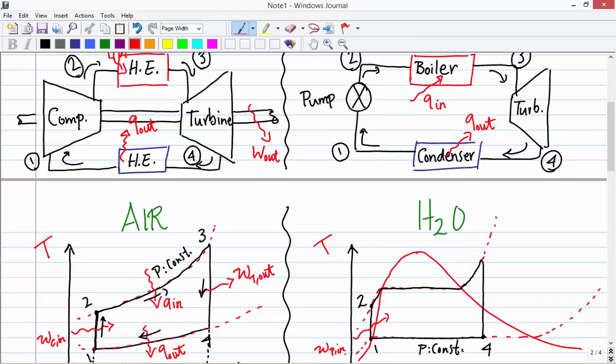Pressure would be constant because it's a phase change process, and all the changes would be in temperature. Temperature is increasing. So from point one on this black curve, we go here. Pressure is still constant because it's phase change. In the boiler, you are boiling. Keep in mind that boiling and condensing are both phase change processes, and in phase change, pressure is constant. So from point 2 to point 3 on this black curve, then a constant line,